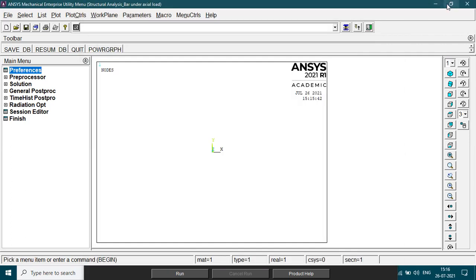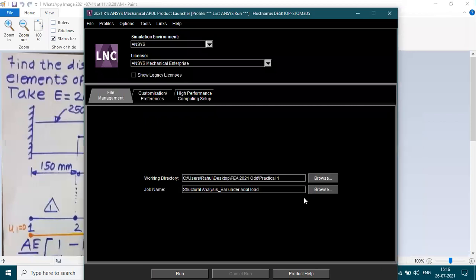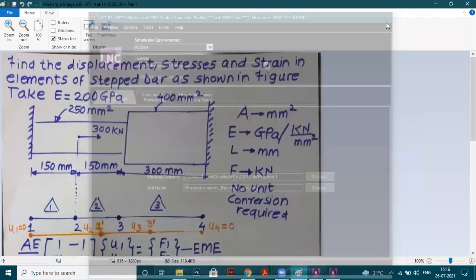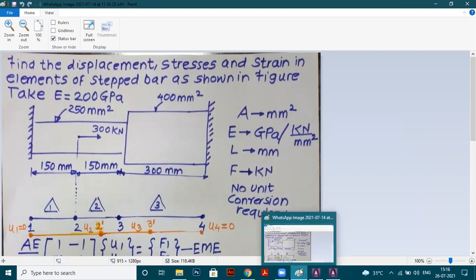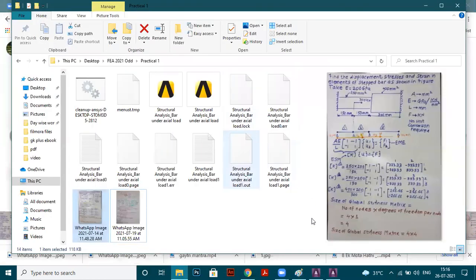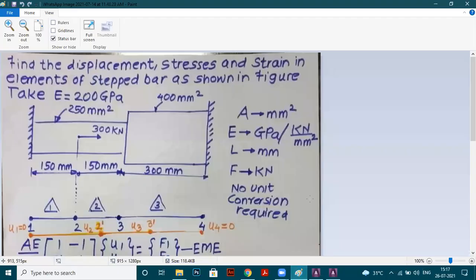So now all of you, if you just see this problem, this is our problem, where we're interested to get the value of displacement and stress, right? So whenever we are interested in force, displacement, stresses,